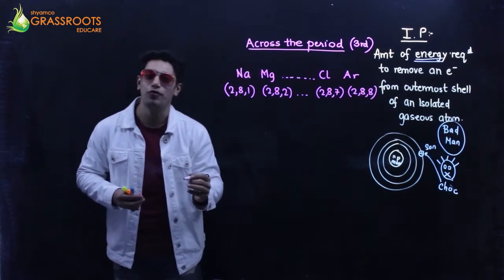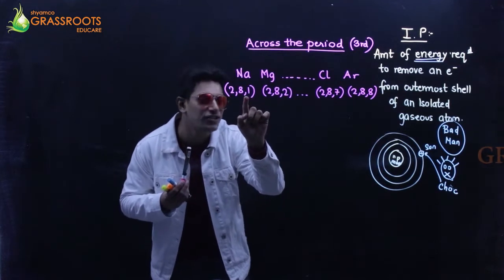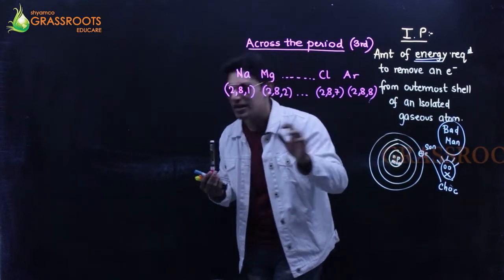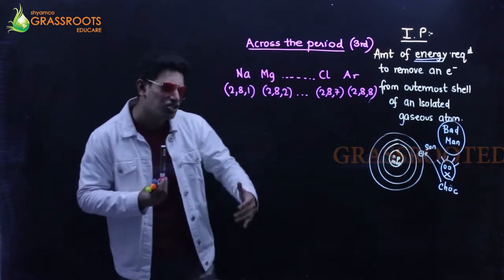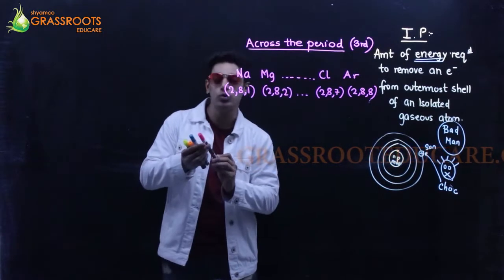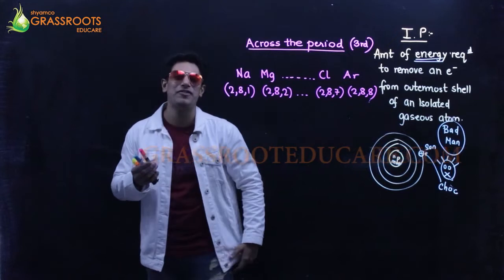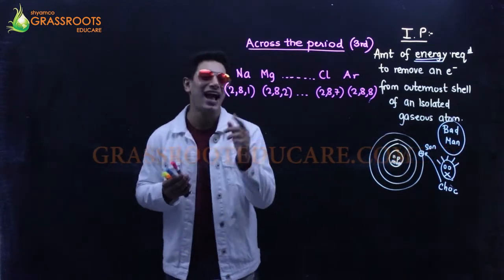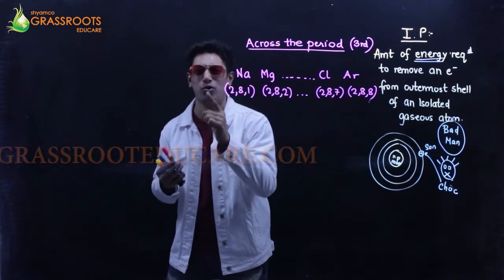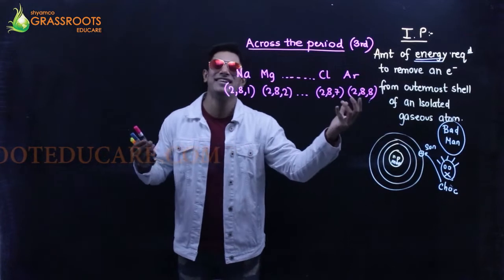Now check this, all of you. Tell me, I need to remove just 1 electron from this, 2 electrons from this, and 8 electrons from the last one. Can you tell me which is easy? To remove 1 electron, I have to drive one child out here. I just need to give him some sort of a bribe. There is only one child, 1 electron, 1 kid. I just need to bribe him. Isn't this easy? It's very easy.